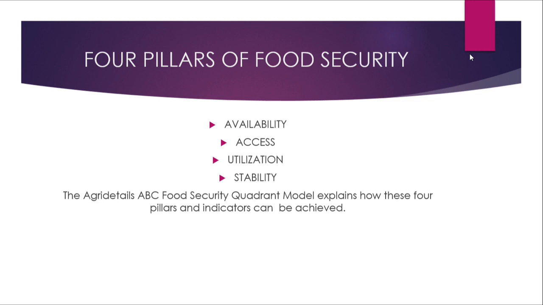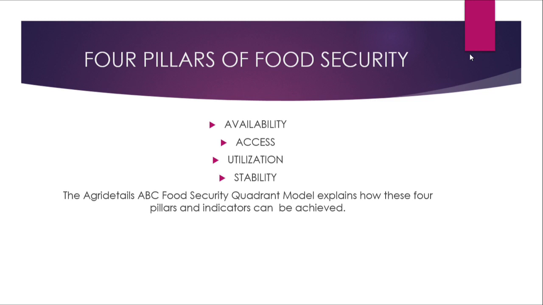Now, pillars of food security. When we talk about food security, there are some pillars. There are some things that we determine, maybe a nation, a city, or a community is food secured or not. These are the indicators that you will check to know whether there is food security or not. So let us analyze them. We will not dwell much on this. It's known to everyone, but in case you don't know, just to explain a little bit.